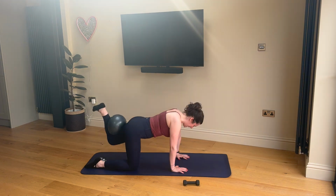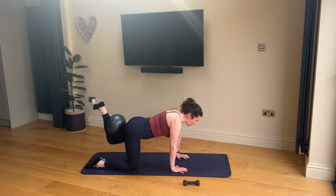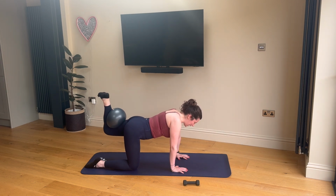Inhale, flex that foot. Exhale, push the foot up. So it's just a couple of inches move. We're not bringing that knee all the way down to the mat. Maximizing out our glute work here. Squeeze it up as you exhale. Inhale down for 8,